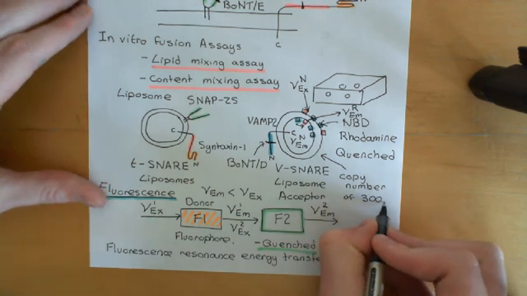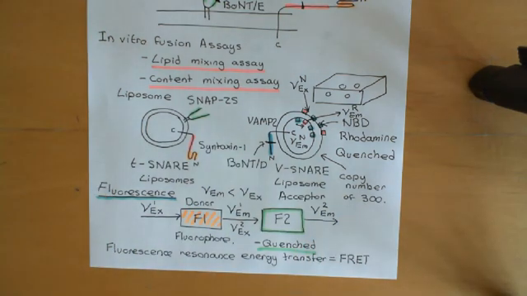That's really high. Remember when we discussed synaptic vesicles, their copy number of VAMP2 was closer to 70. So maybe we're taking this to non-physiological levels here, but that's the level you have to take it to get a noticeable